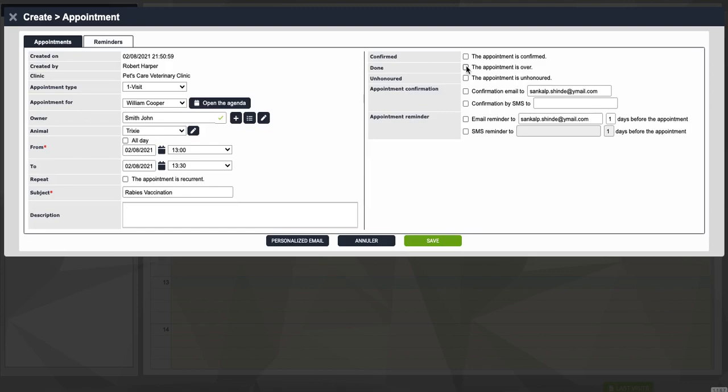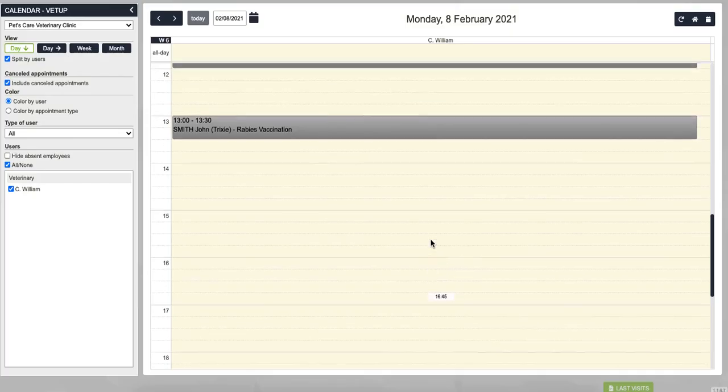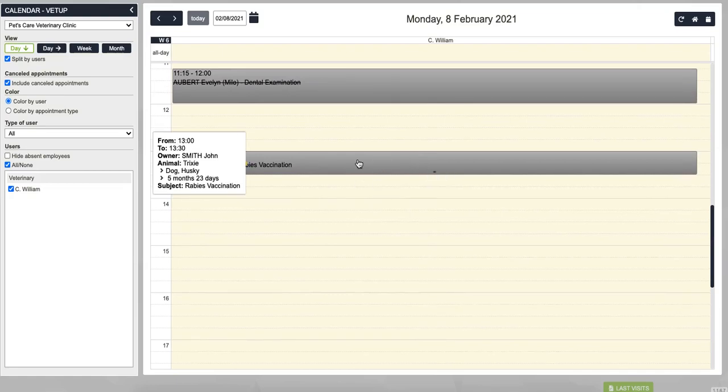If the owner doesn't turn up for the appointment, you can click on the appointment is unhonored. If you would like to send any confirmation email or an SMS to your client, you can use these checkboxes. And if you would like to select an appointment reminder, you can use these checkboxes. Let's hit save now. Here you can see the appointment is saved from 1300 hours to 1330, which is 1